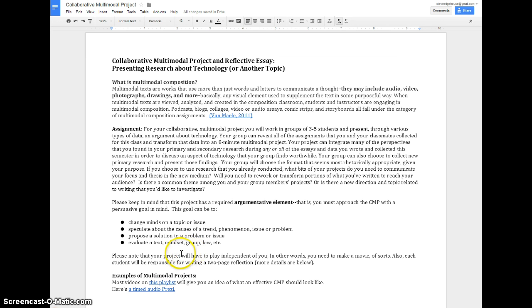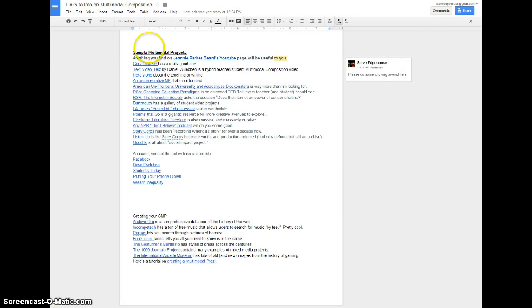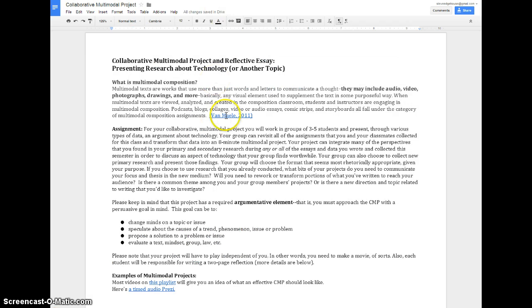All right. The list of examples is only about two links long in its current form. Hopefully, by the time you go to this document, I've added a few more, and there'll be some more down the road. I can even show you really quickly. I'm working on this list of sample multimodal projects. I don't want to show this to you during week 12. I want you to be learning about multimodal composition first. So this is all coming down the pike, and then you also have some links about how to go about creating. But I'm still working on that list of links. This playlist here